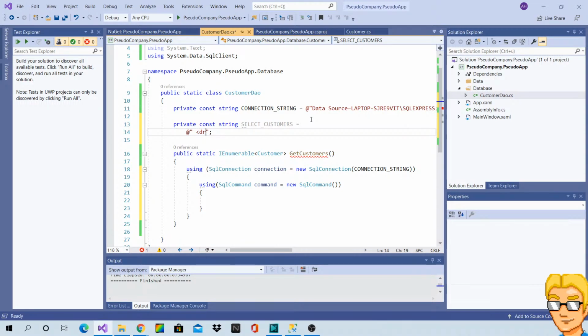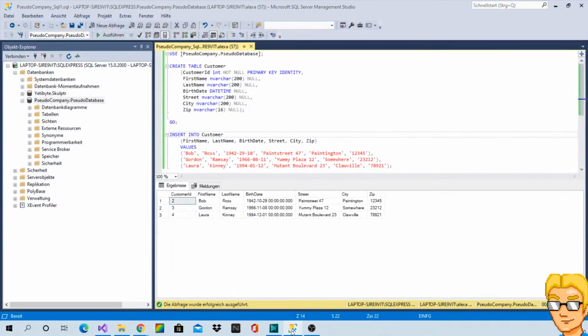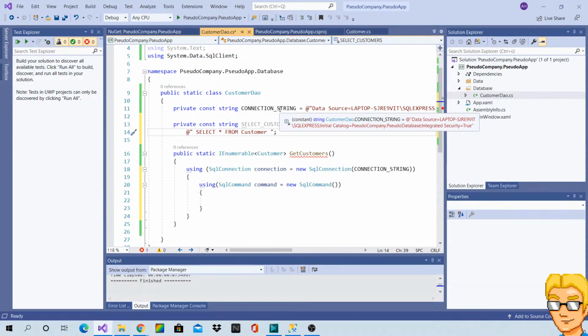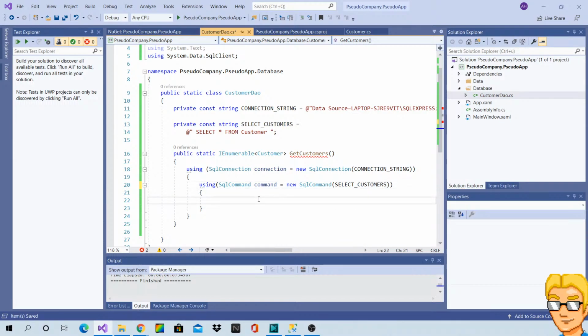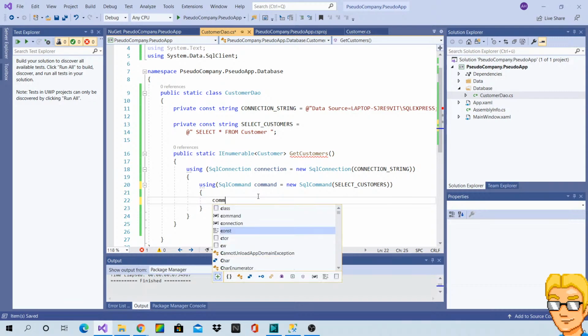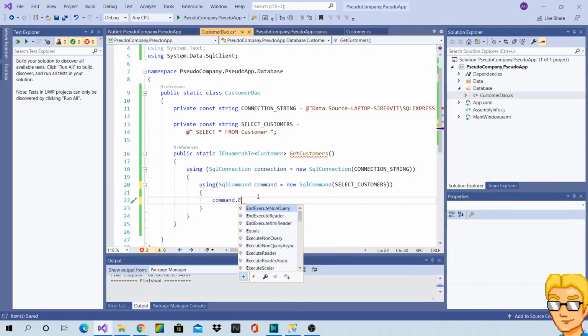select. Whoops. What's wrong with my? Oh, there. Did I call it customers or customer? I think customer. Let's see. Yeah. That'll be fine. There should be an execute method, I think.